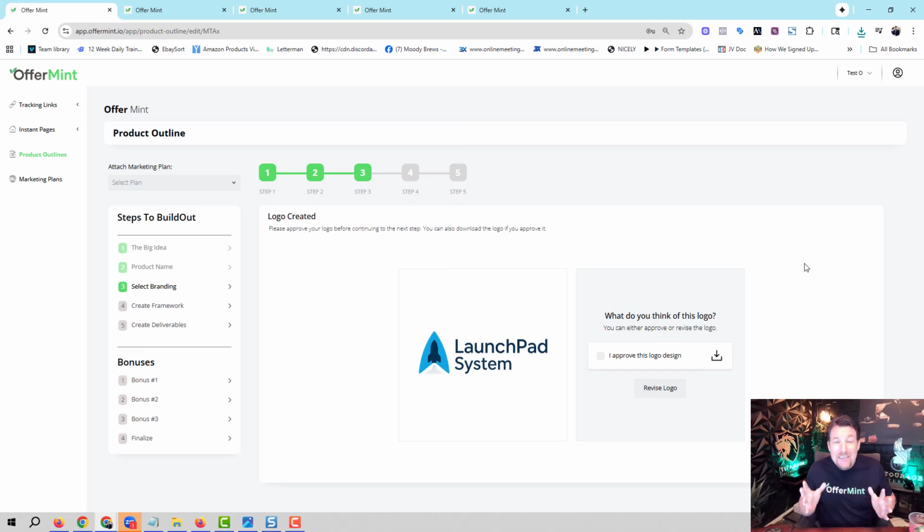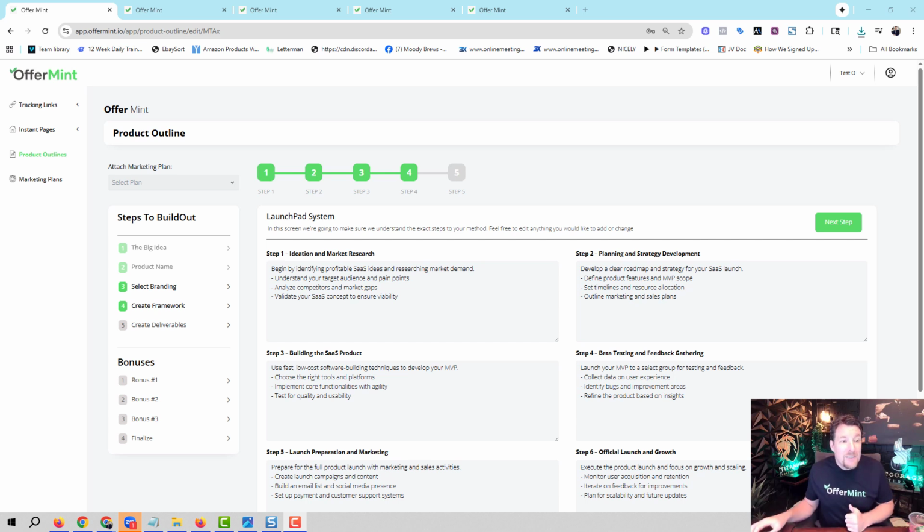And there you go. Now you see that the logo has been created, and I like it. I love it. It's got the trust. Pretty awesome, right? Now, if I want, I can come over here and I can go ahead and download this logo, okay? If there's something I want to change, I can revise the logo, or what I'm going to do is I'm going to go ahead and click on I approve this design, and I'm going to go to the next step. All right, and now you see that I'm taken over here to step number 4, which is to